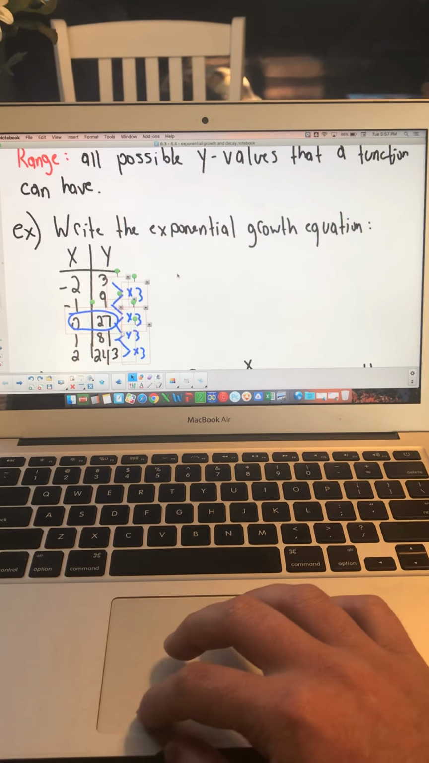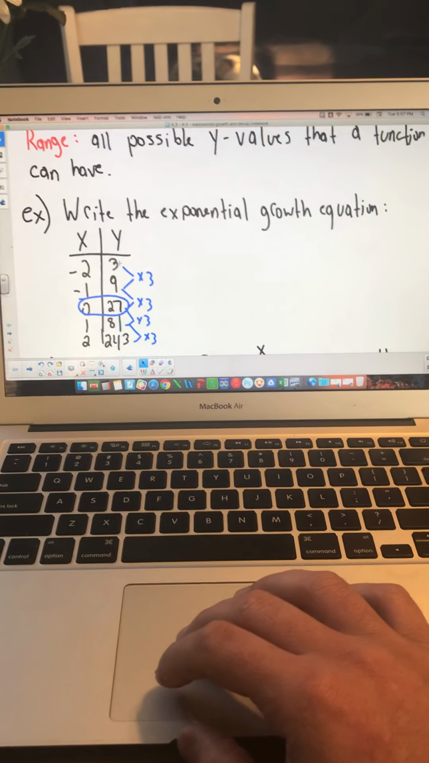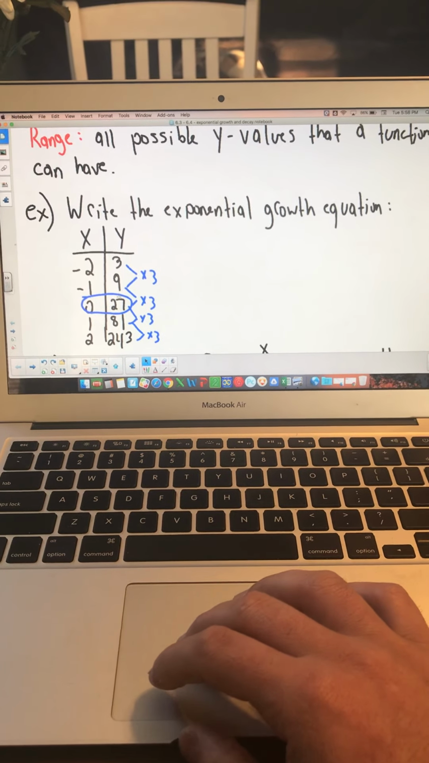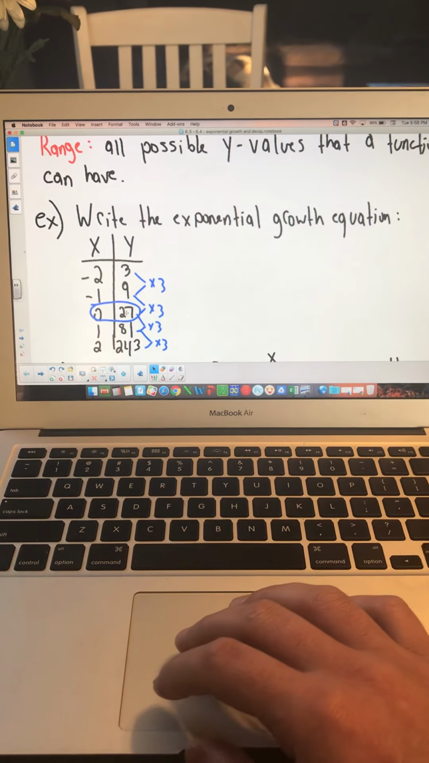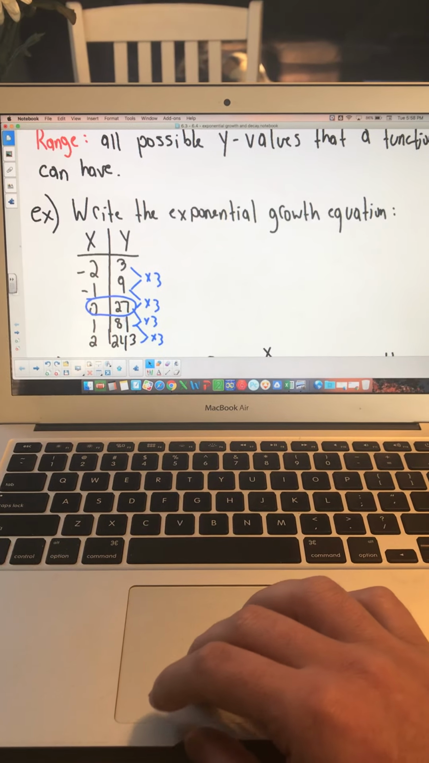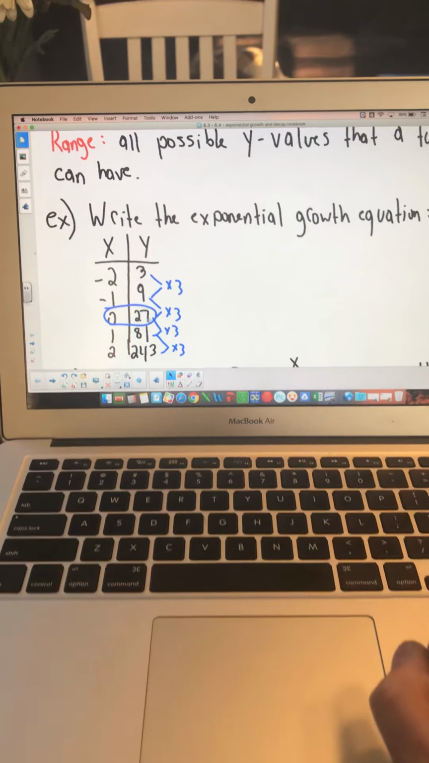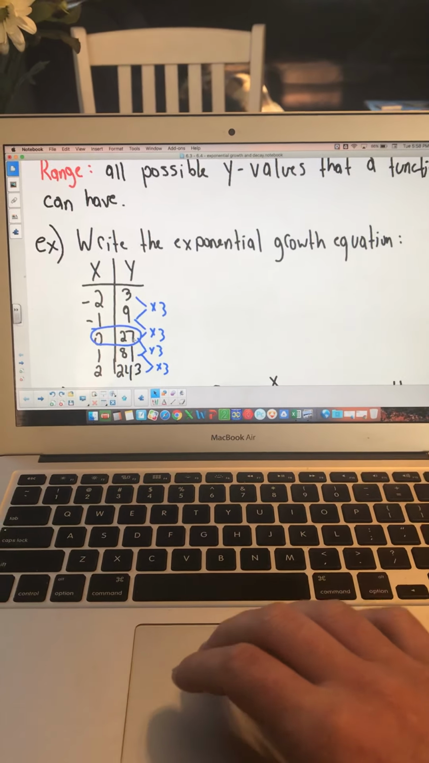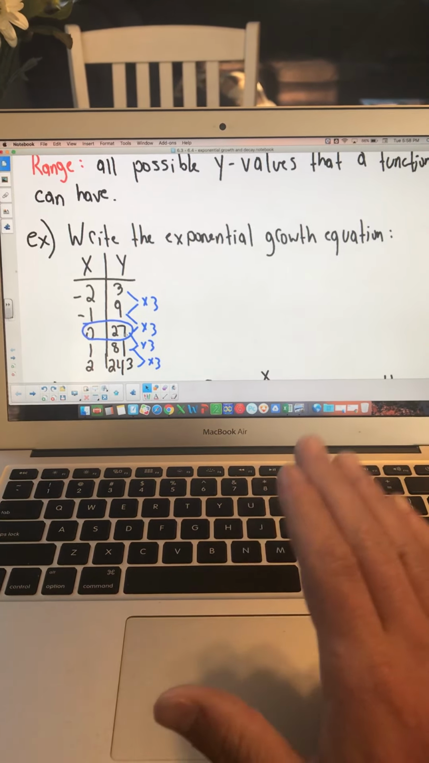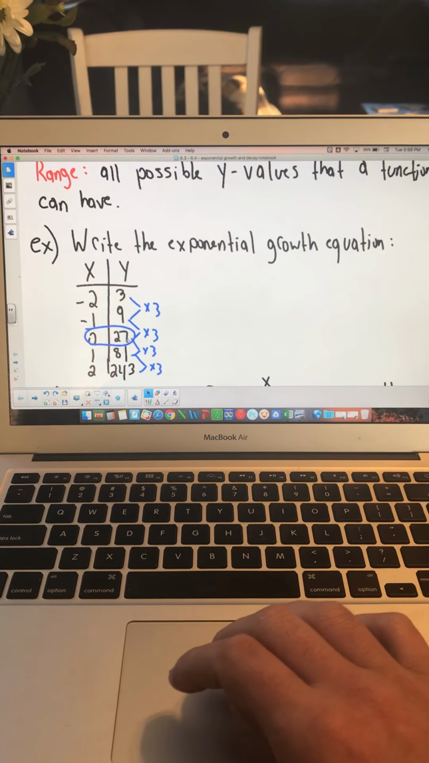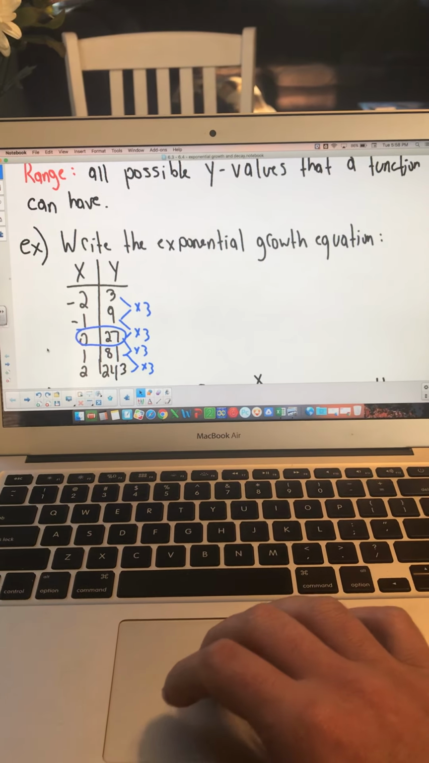Exponential growth. Notice the pattern here in between each of the y values is multiplication. We're multiplying by 3. That's how we know it's exponential, multiplication. That's how we know it's growth, because it's multiplying by 3. All right? So when we go to write our equation,